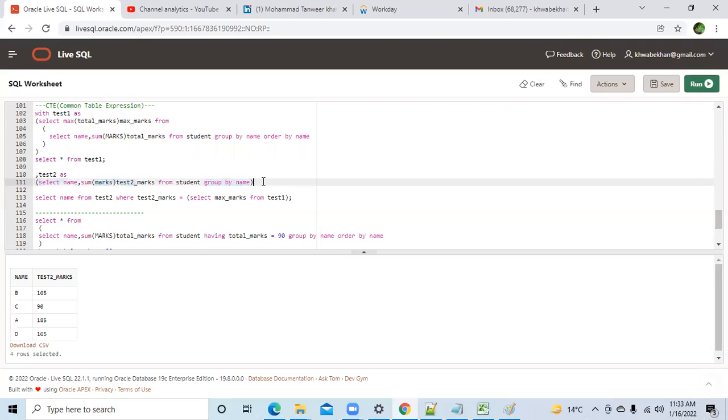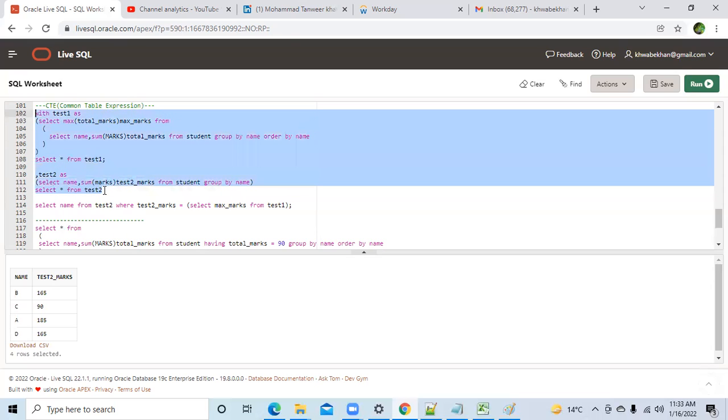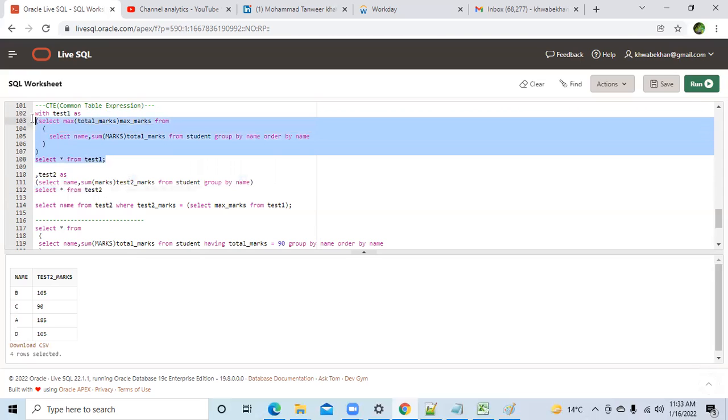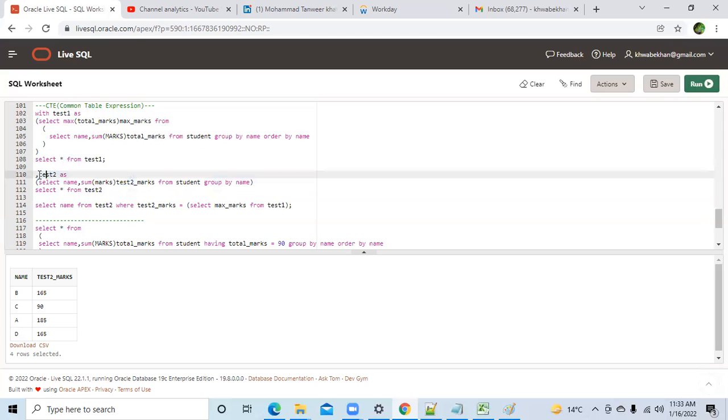Now if you want to verify that, then we'll prove it. I want to check that it is there in test 2 or not. So what I will do is write select star from test 2. Now tell me, should I run the query till here or should I run the entire query? The entire query is not needed. This is an entirely separate world, a separate bucket. Sorry, I forgot to write the WITH keyword here. Okay, now let me run this.